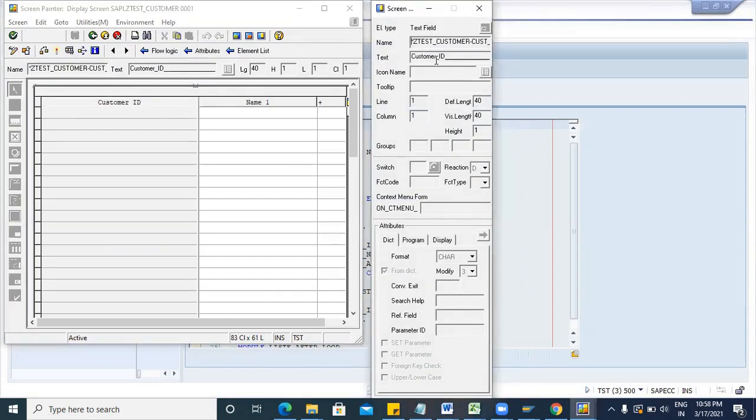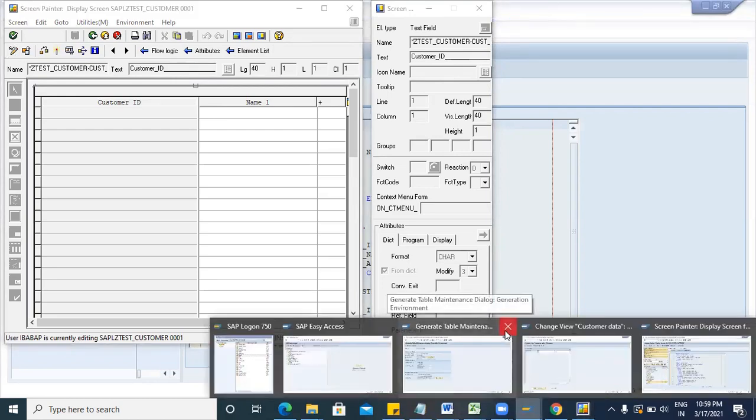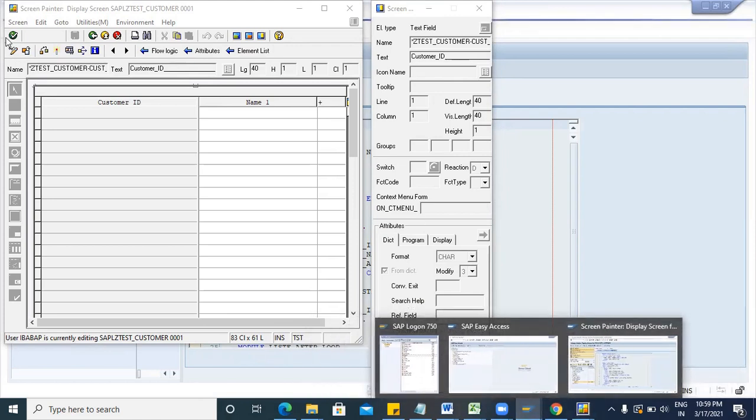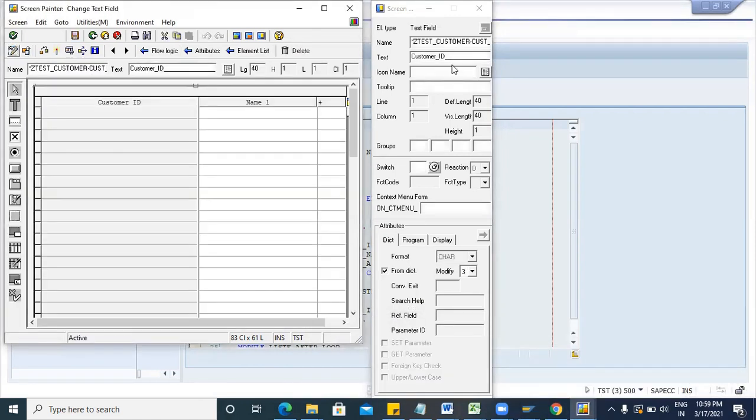It is not in editable mode. If you click again, it is still not editable, because you have to close all your screens, like TMG also. Now click on this pencil button. It is in editable mode. So first you have to close all your sessions of SM30 and others.